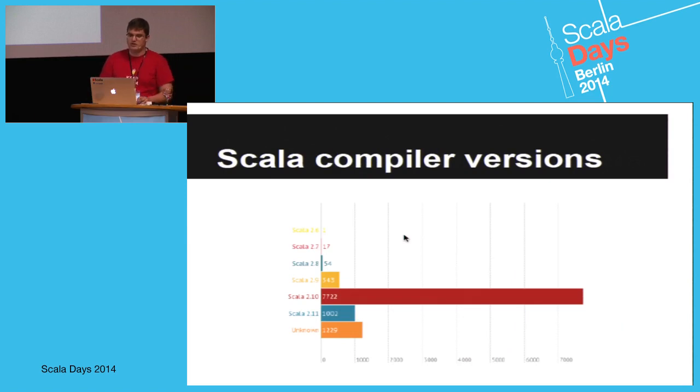First of all is Scala compiler versions. As we know from Java world, sometimes it's hard to migrate from one compiler version to another, and it's the same in Scala community. So you can see that the vast majority of people are using Scala 2.10. And how can we use this information to improve IntelliJ IDEA? The main idea that we can implement is, for example, a migration tool, which can help people to migrate from one compiler version to another, and it can improve adoption of new versions of Scala compiler.